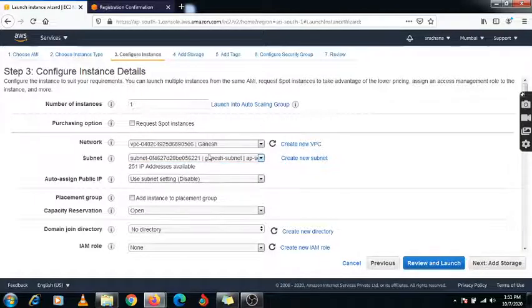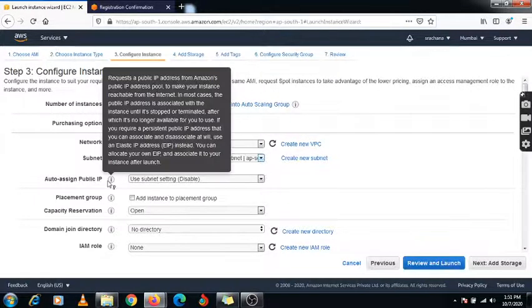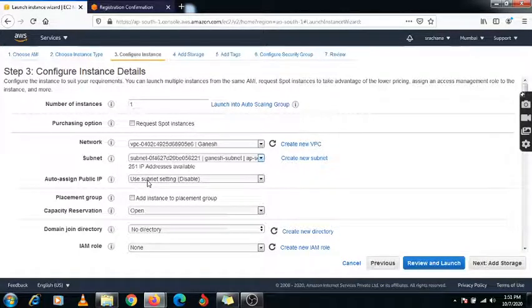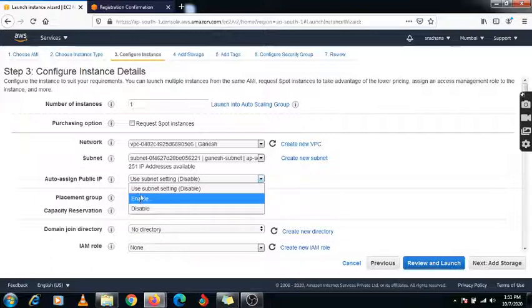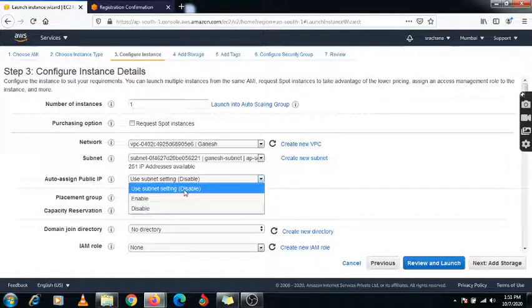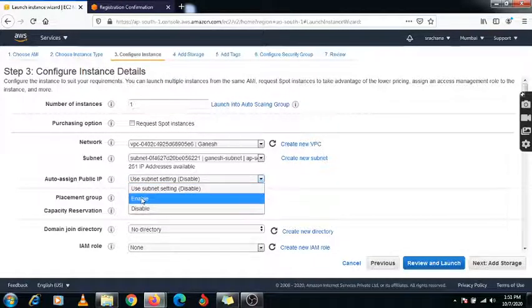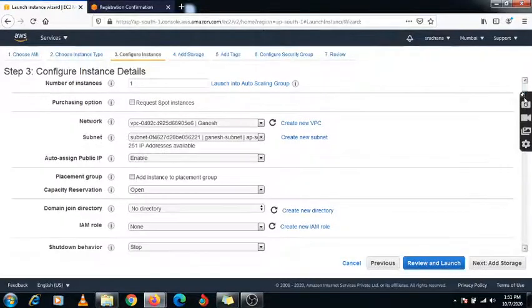Under this VPC I have selected my subnet. Here is the option auto assign public IP. Using this option you will get a public IP. The option here is enable and the subnet setting is disable. You need to select the enable option, so you will get the public IP address for this instance directly.